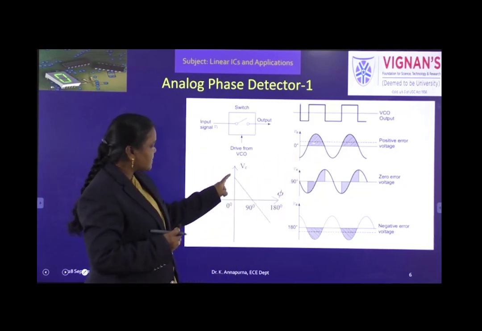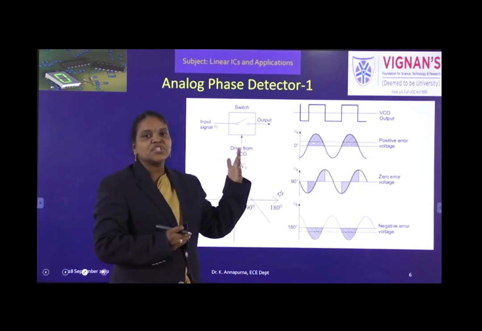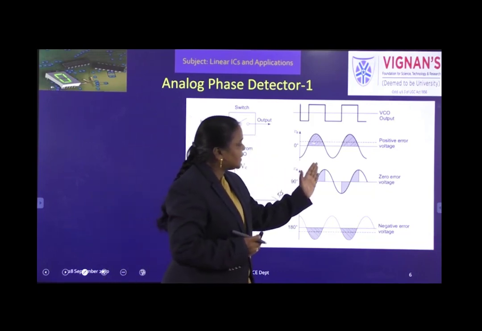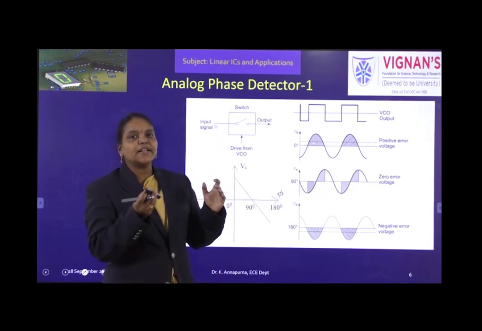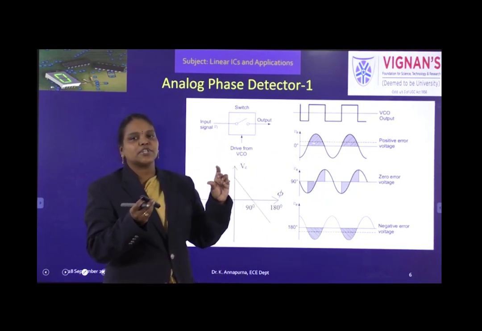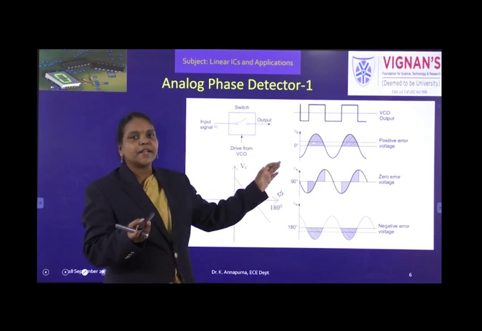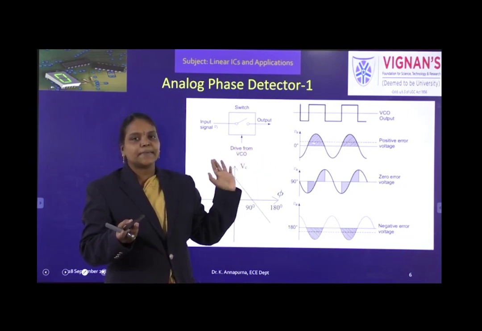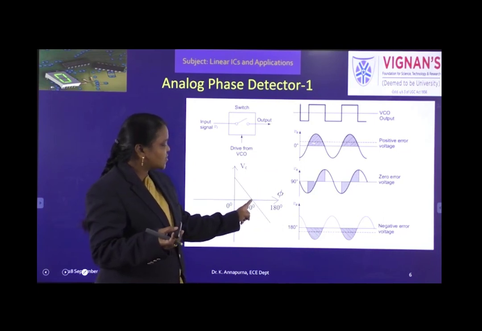At 0 degrees you have maximum error voltage and it is positive. When the phase shift changes from 0 to some positive phase shift, some negative parts will come. So positive and negative cancel, and finally it results in a reduced error voltage. And exactly at phi equal to 90 degrees, the error becomes 0 because positive and negative are exactly the same. So at 90 degrees, the error voltage is 0.